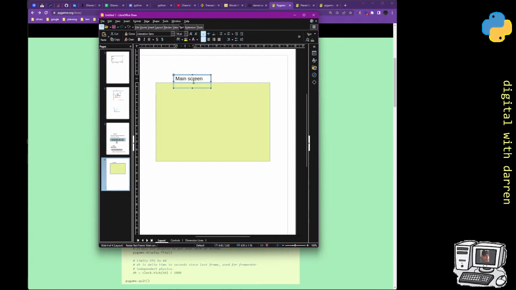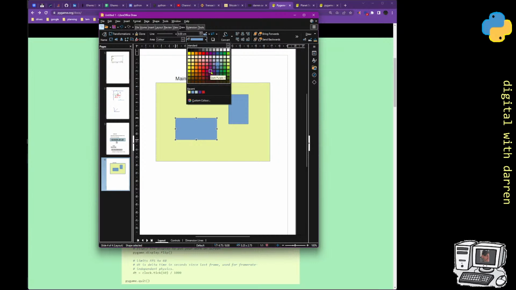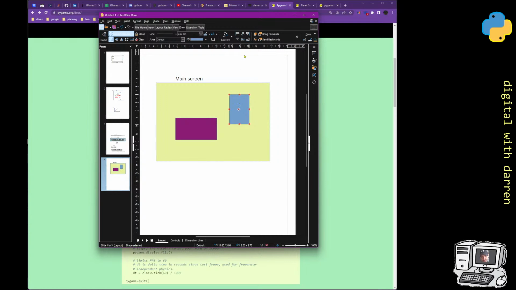But then when we want to put objects onto the screen themselves, we need to put them on as rectangles, like this, and maybe another one as well. So I just do another one over here, and it's a different shape and size. But these are also screens, so these are like object screens, or the screen goes onto a screen. So we need to avoid confusion of screens. So this is like an object screen,